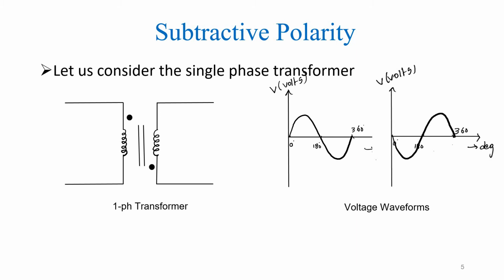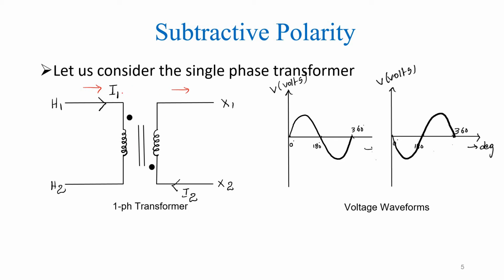Coming to the subtractive polarity, you can see here again let us mark the high voltage side as H1 and H2 and the LV side as X1 and X2. Now what is the case here? Now the current enters the dot in the primary winding, and in the secondary winding side also the current enters the dot. So what will happen in this case? In the previous case, both currents are in phase with each other. So this current was going like this and this current was also going like this. Both are in phase.